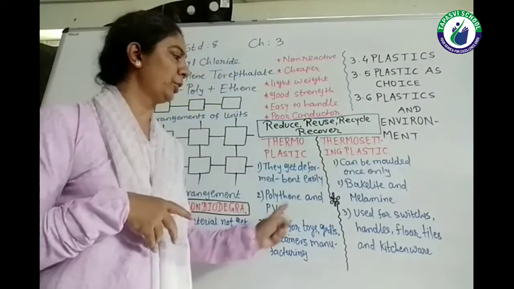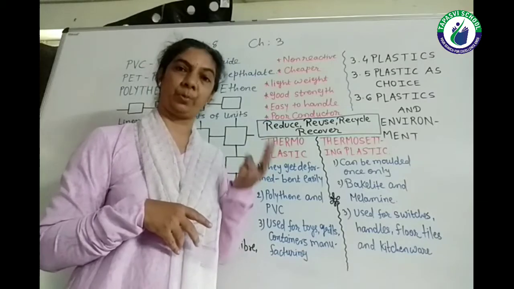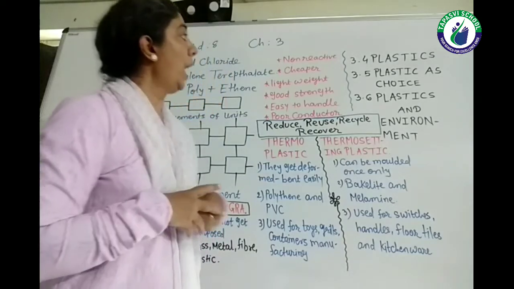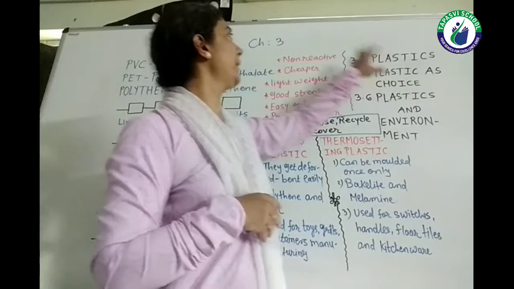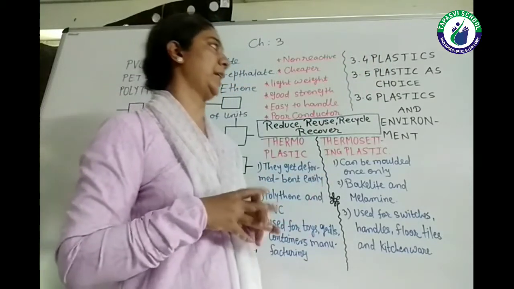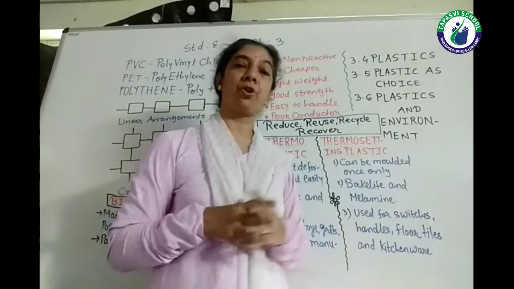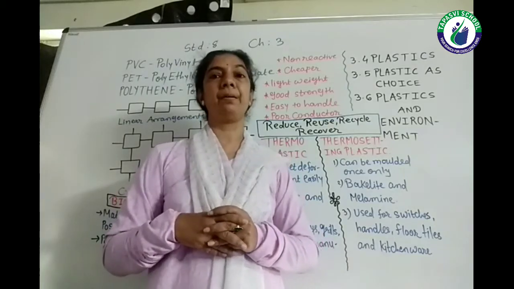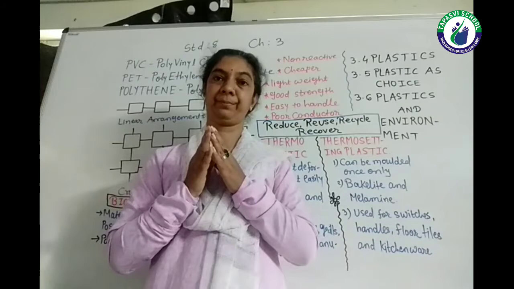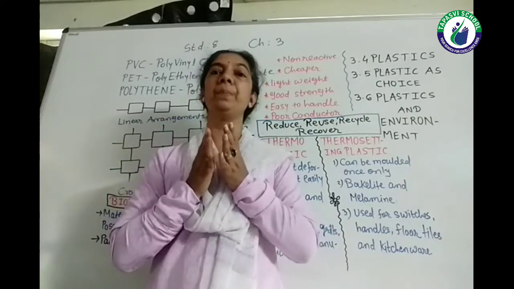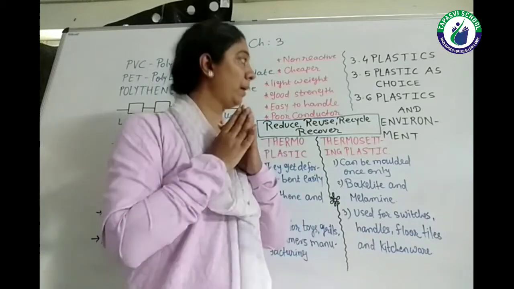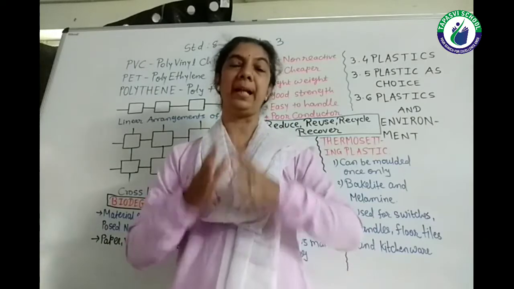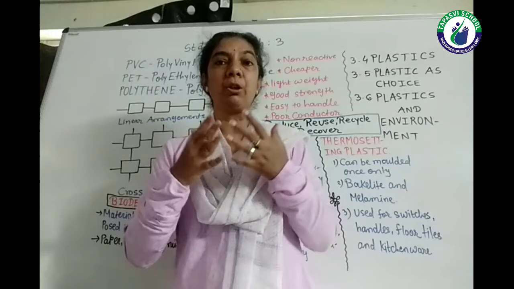This difference is also asked to you in the exam in a 2 marks question. So please learn all these questions. After why plastic is a choice, and the characteristics and types of plastic, we have the last topic, that is plastics and environment. Besides having this many uses, surely plastic is a good material. But the problem related with it is that it is not environmentally friendly. It causes lots of pollution.